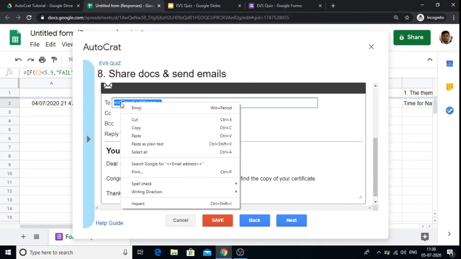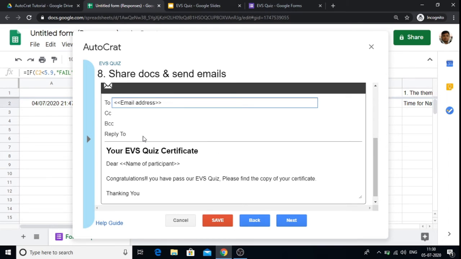Then paste the email address. The system will automatically reply on the basis of email addresses. Insert a subject of your reply and insert a message which you want to send as a reply along with the newly generated certificate and click on the next button.